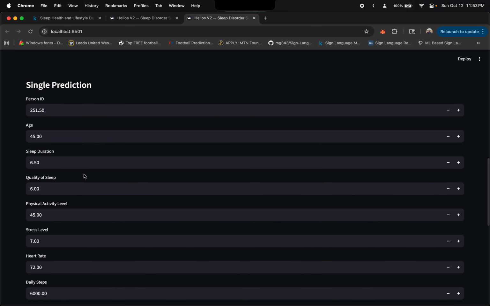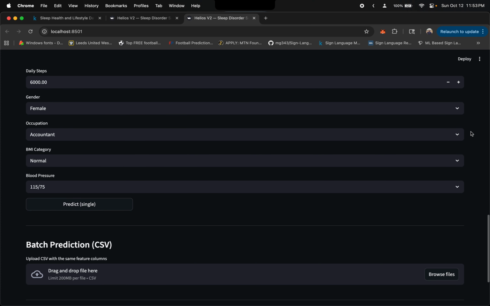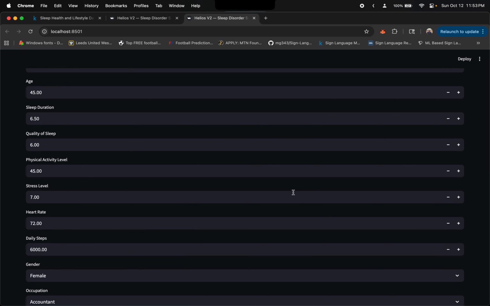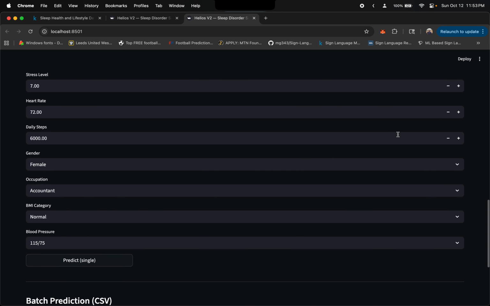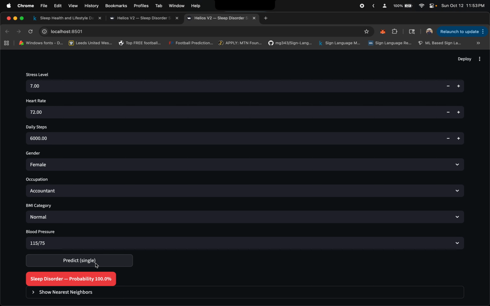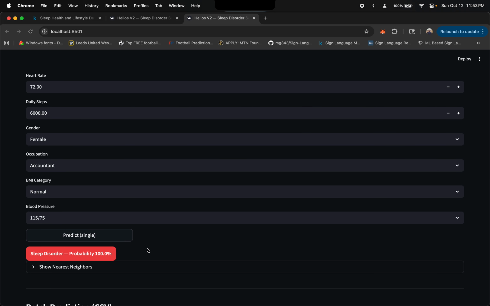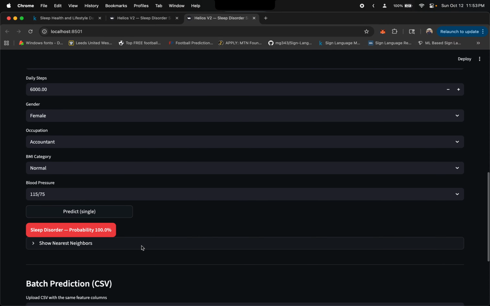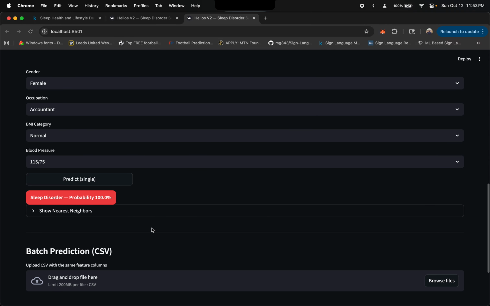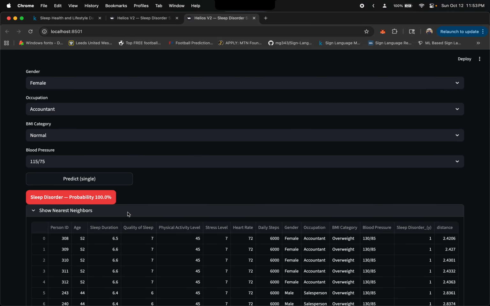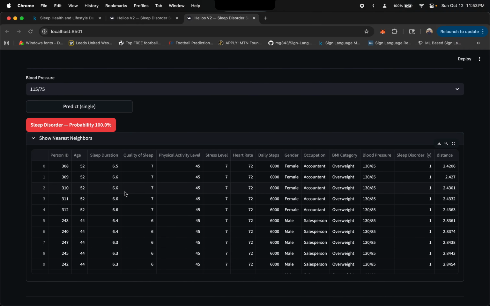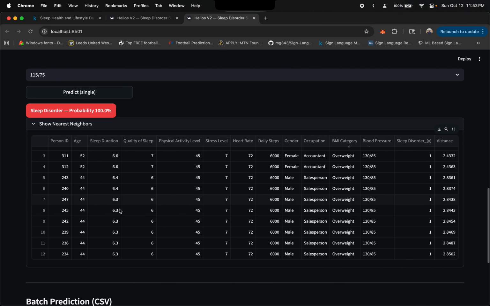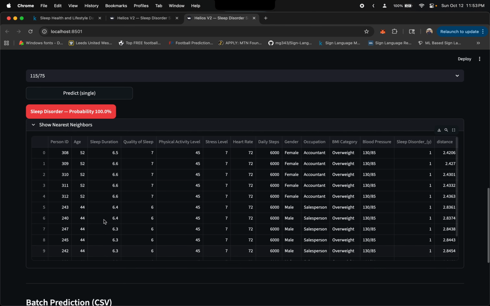Now, moving further down into the system, you can make a single prediction with the system, or you can make a batch prediction. So for instance, this is a patient here with all this data, so I can make a single prediction and just predict the single patient, and based off all of this, it will say the probability of this patient having a sleeping disorder is 100%, and it is also going to let you know the neighbors that it used to select this data. Of course, our K was 13, so there are 13 values over here that it used